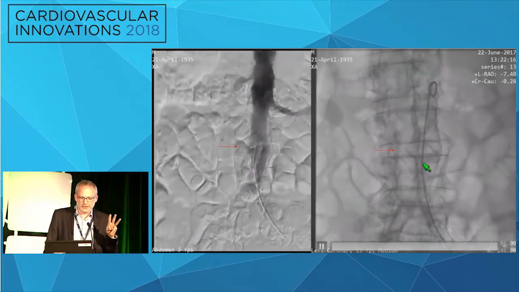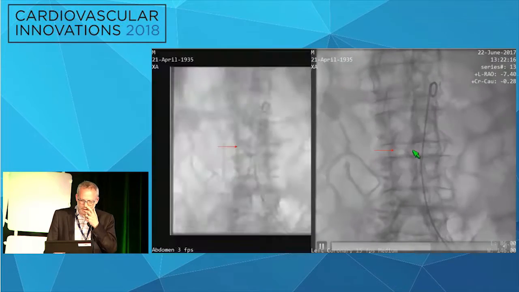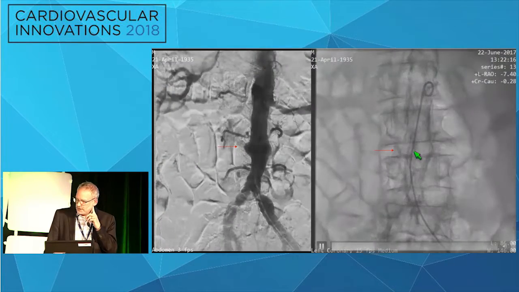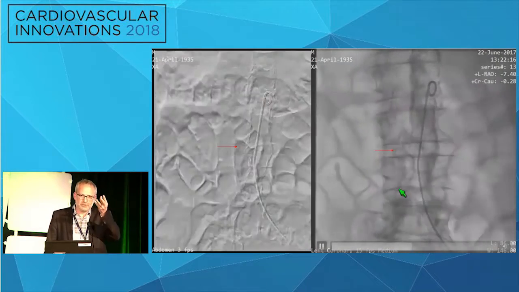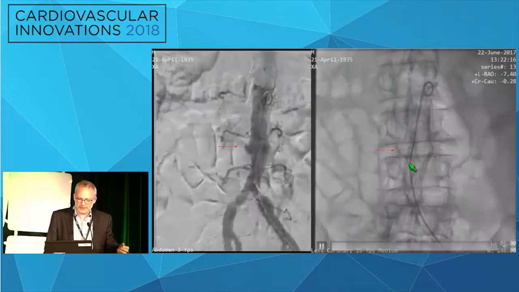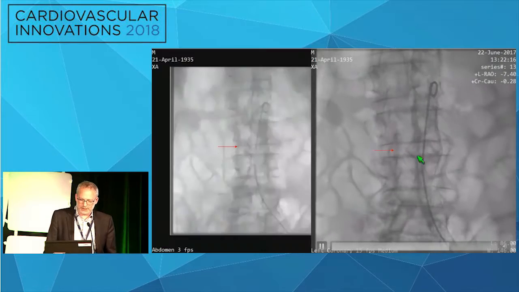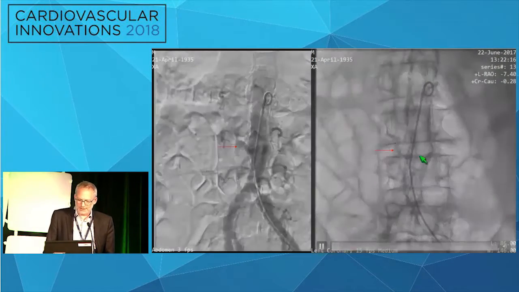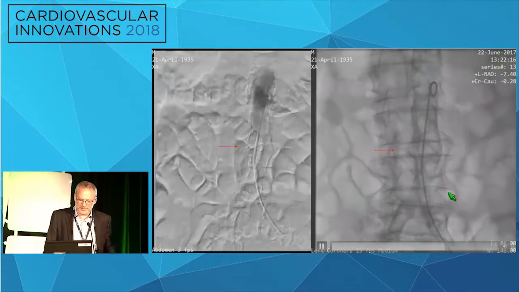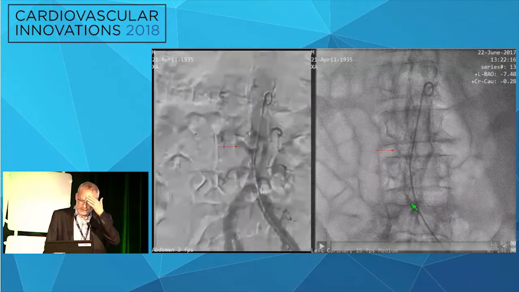Now, there are three things that go against transcaval here. One is the actual window is tiny. Number two, the calcium juts out here, and I like to go in the bottom third of the ectasia because that's the way the disc is going to come down, but the calcium's completely wrong, so you'd have to go on the top third going around the top. And then the ectasia is not big enough to allow the device to come back. So sure enough,